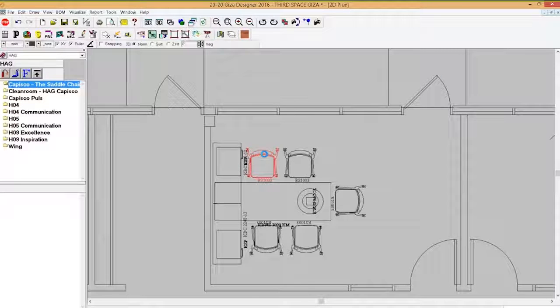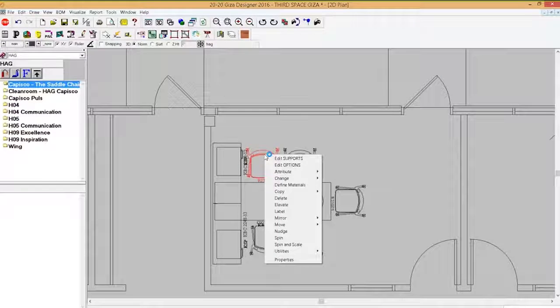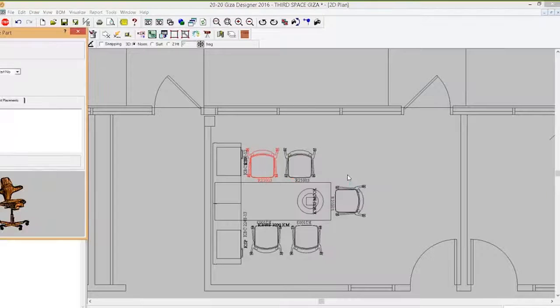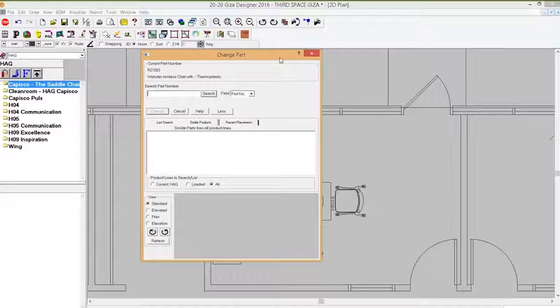You know, there's 1,000 different examples for this. Maybe you've got a traditional desk and you want to switch it to one that can be height adjustable, or you just have some different products that you want to change really quickly. In Giza, you pick the item, right-click, change, and you'll notice there's change part number in the menu. When I choose change part number, I just open up this window and I can search for the product number. Again, I'm going to switch it to that same chair. So I type in the product number and you get a little preview of it,